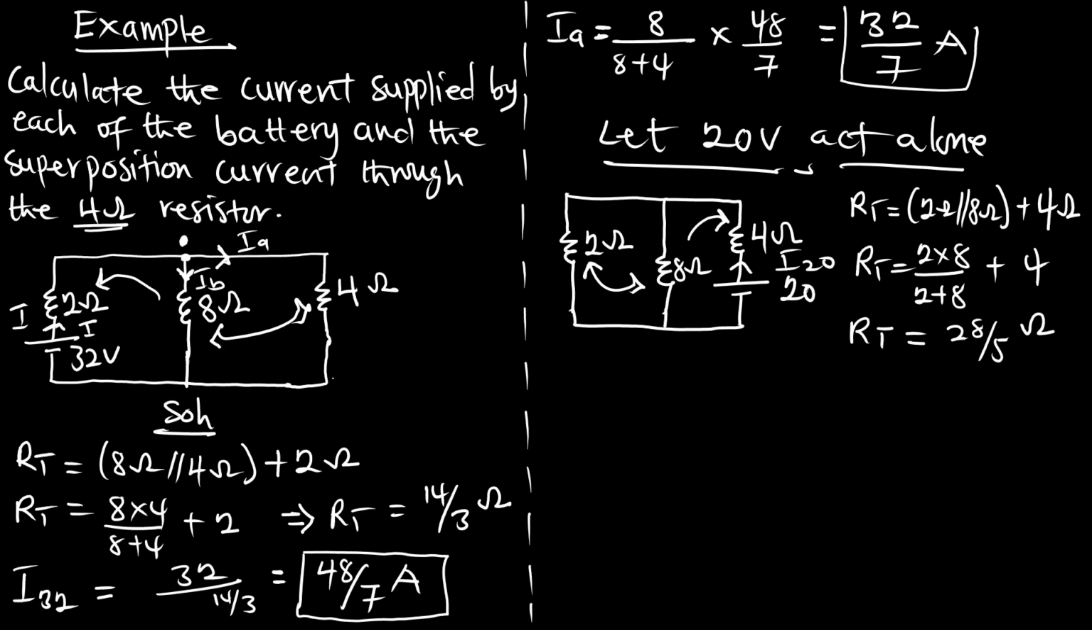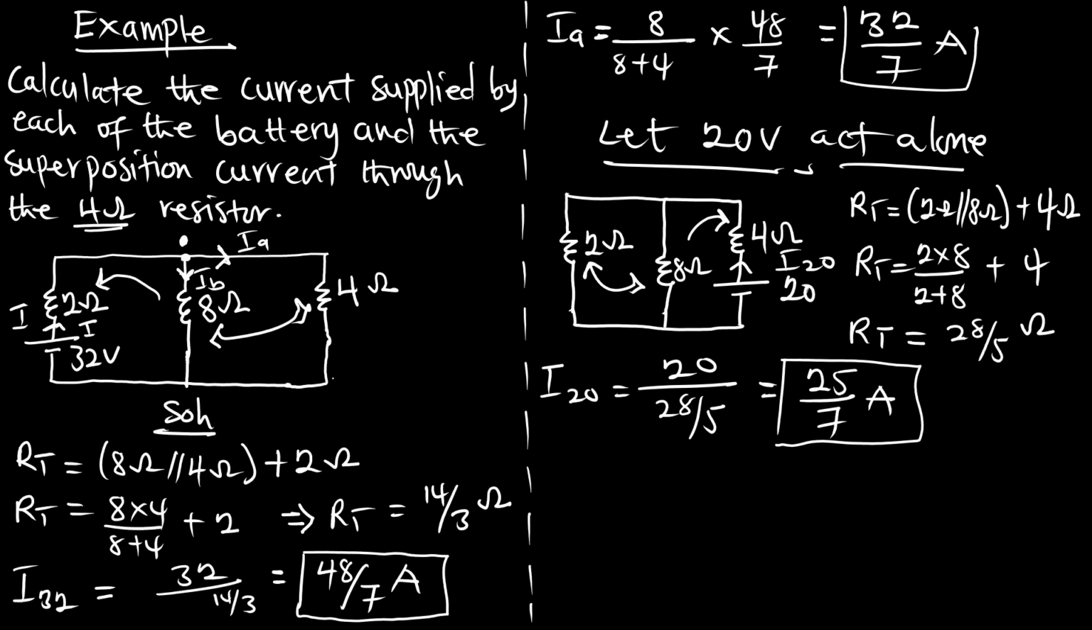Are we okay? So now we have the resistance, and the current I20 is going to be the voltage 20 on the total resistance, 28 on 5. That is going to give us a current 25 on 7 amperes. So the current also produced by this battery is 25 on 7 amperes. Are you okay? But remember, this current is directly passing through the 4 ohm, because there's no splitting, there's no junction. When the 20 volt is acting alone, all the current is passing through the 4 ohms, and that